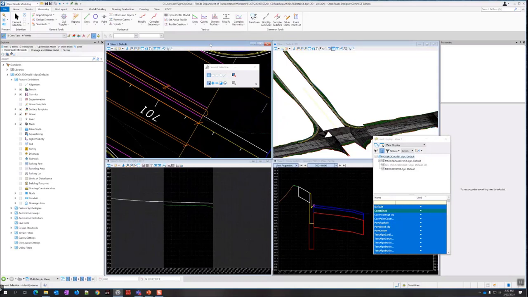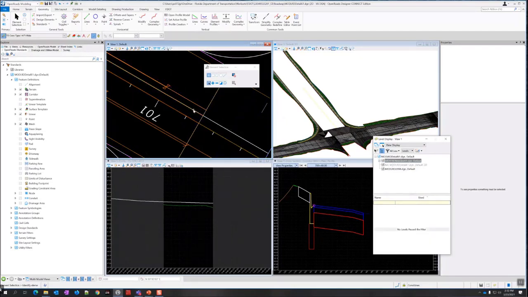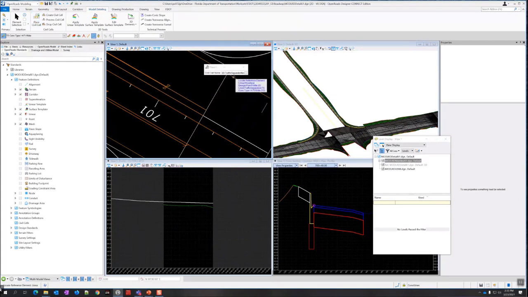So to make it easier, I'm going to turn off the display in the 2D view of the main line, so I don't need it now because I got these lines to build off of. All right, so I'm going to go back to model detailing, place civil cell, and it's already picked the last one, the 3D traffic separator nose. So I'm just going to leave that and just pick the two reference elements here.